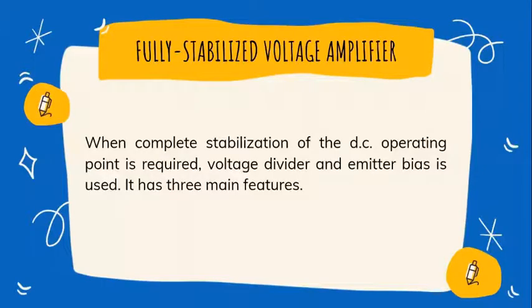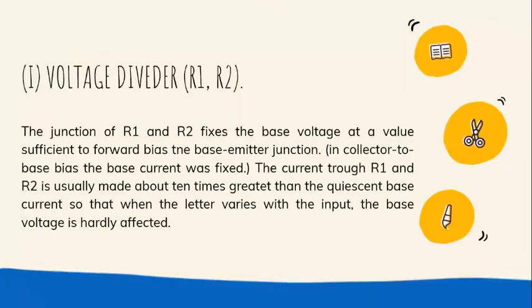Fully stabilized voltage amplifier. When complete stabilization of the DC operating point is required, voltage divider and emitter bias is used. It has three main features. Number one is the voltage divider, R1 and R2. The junction of R1 and R2 fixes the base voltage at a value sufficient to forward bias the base emitter